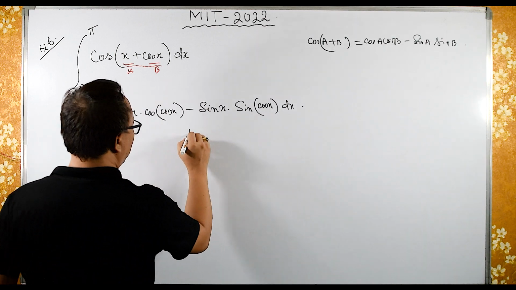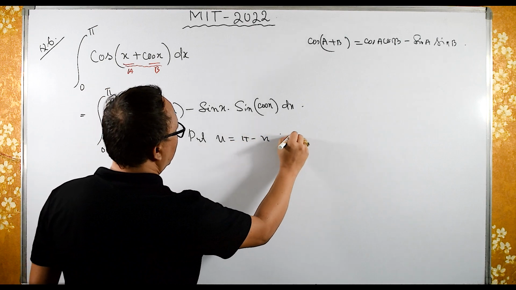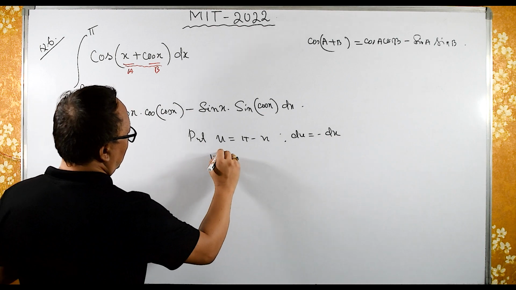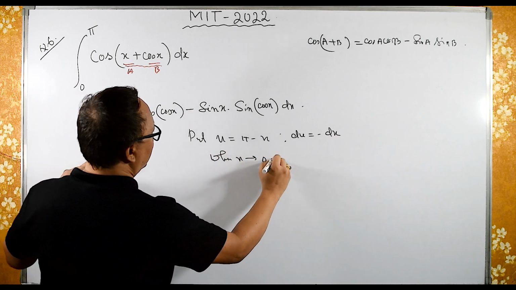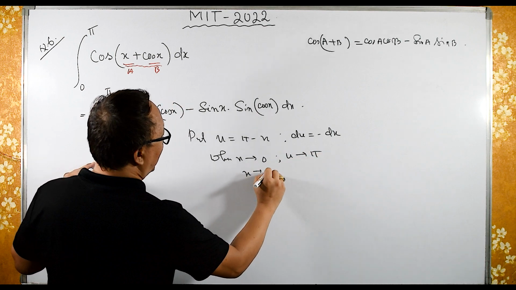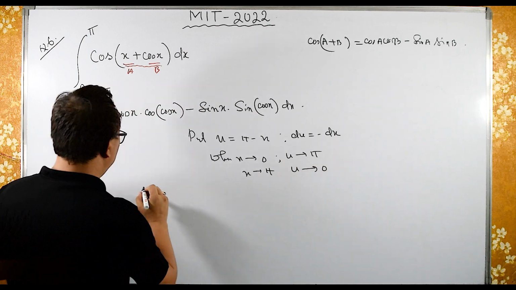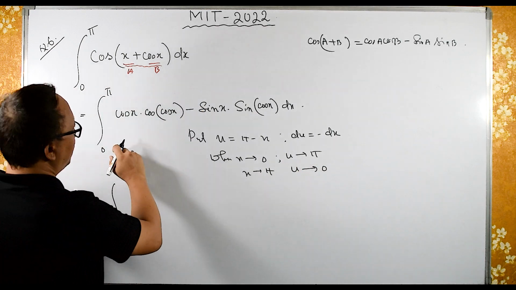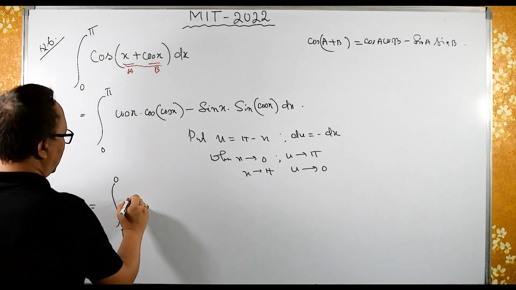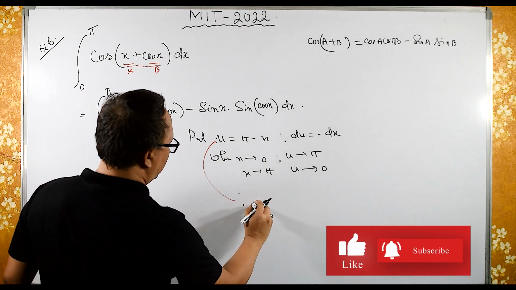So let's substitute u equals pi minus x, then du equals minus dx. What about limits? When x tends to 0, then u tends to pi. When x tends to pi, pi minus pi is 0. Therefore, u tends to 0. Therefore, this limit from 0 to pi becomes pi to 0. And then what is x? From here, x equals